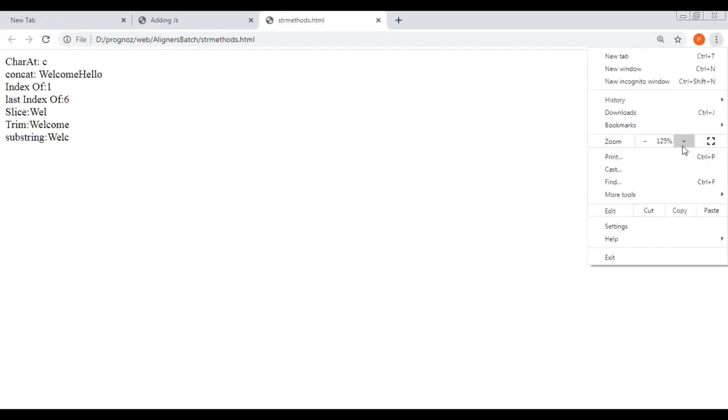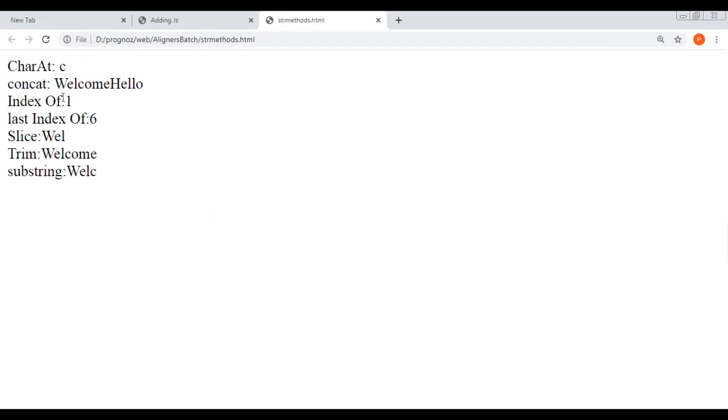When you click here, you can see there is a problem with the length function, and that's why whatever I have written for length is not displayed. The character at third index is written as C, because from welcome, 0, 1, 2, 3, C is displayed at third index. Similarly, when I concat, it becomes welcomehello.